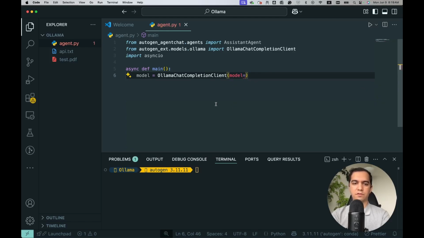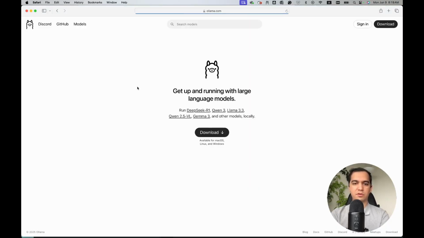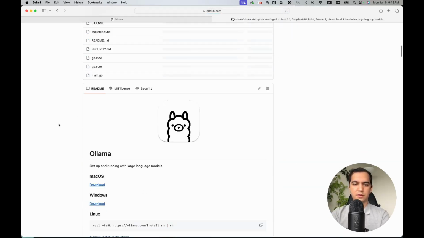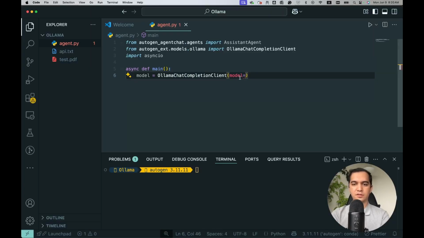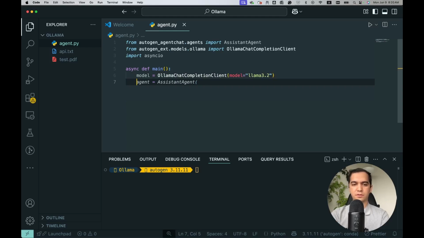And as you remember from the previous video on Ollama, let's visit the Ollama website for a second. We can go to their GitHub. So a very basic model to start working with Ollama is Llama 3.2. It's a famous model from Meta. So let's see how it works. So my model will be Llama 3.2, and if I want to call my model, it has a create method, so I can say